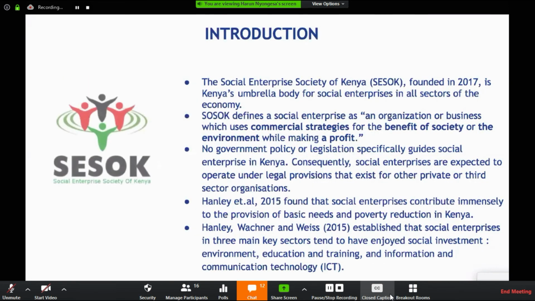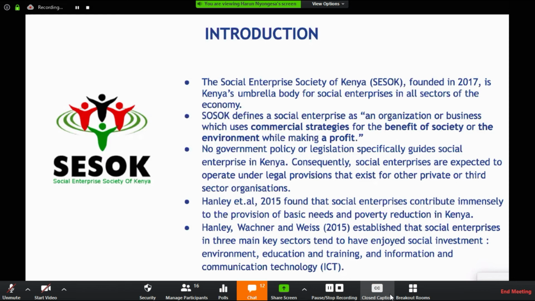Some introduction. In Kenya, all the social enterprises are covered under the umbrella body called Social Enterprise Society of Kenya. The logo is there, SESOC. This began in 2017. And SESOC defines a social enterprise as an organization or a business which uses commercial strategies. That's very key. It uses commercial strategies for the benefit of society or the environment while making a profit. That's a very, very interesting definition because it suggests that social enterprises are a hybrid of commercial enterprises and non-governmental